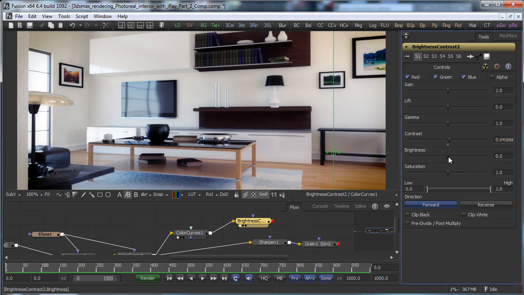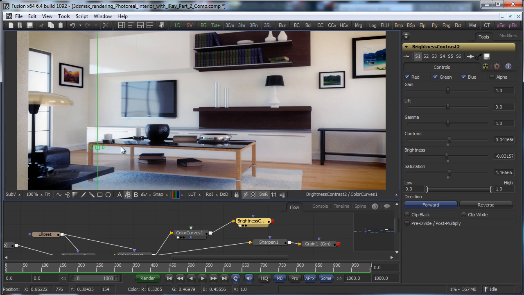And maybe a little bit less brightness and a little bit more saturation. Okay,